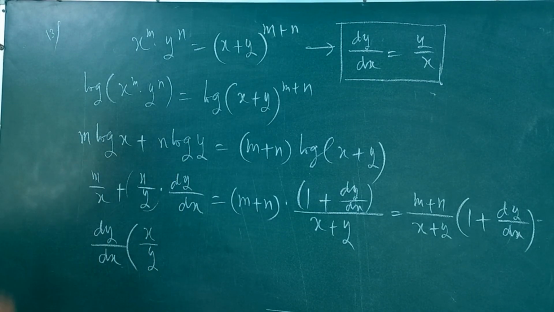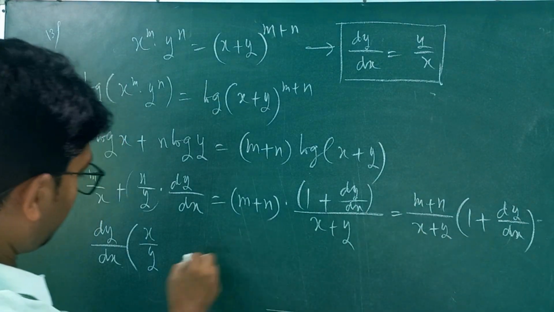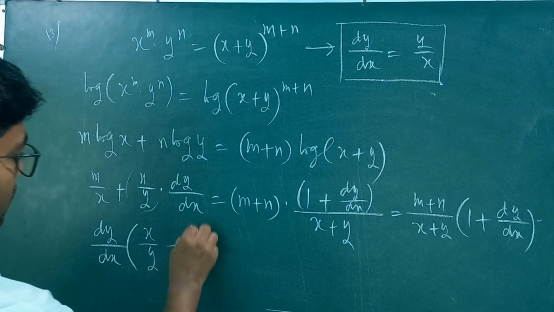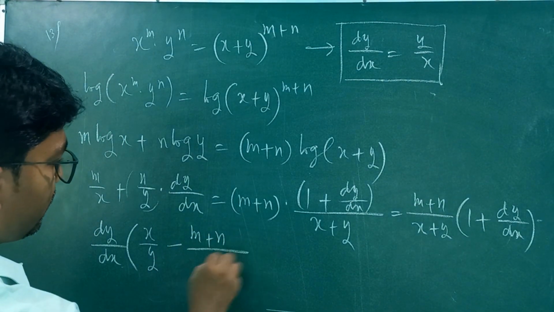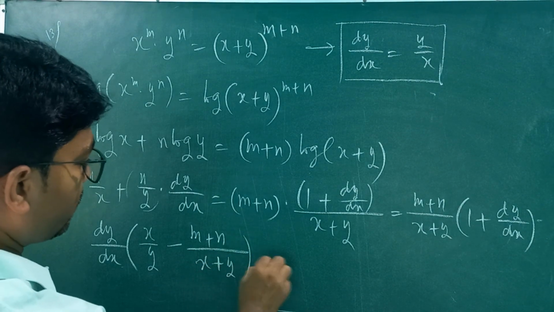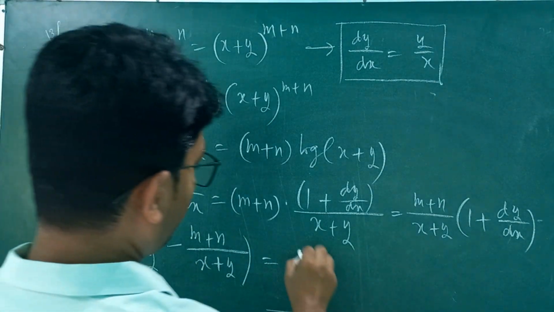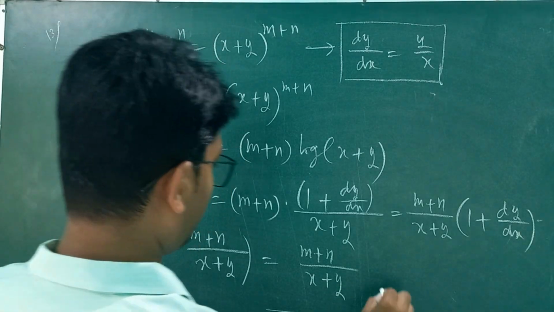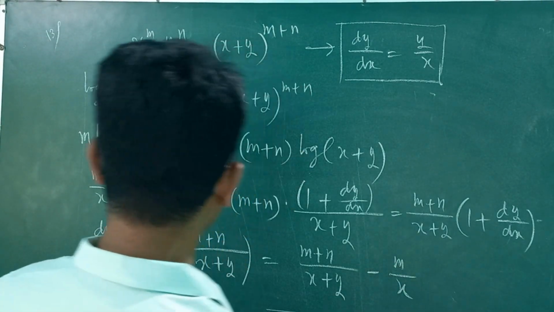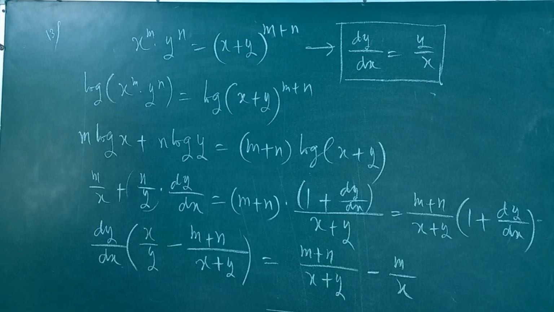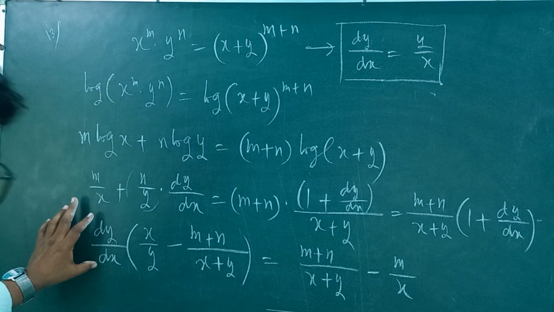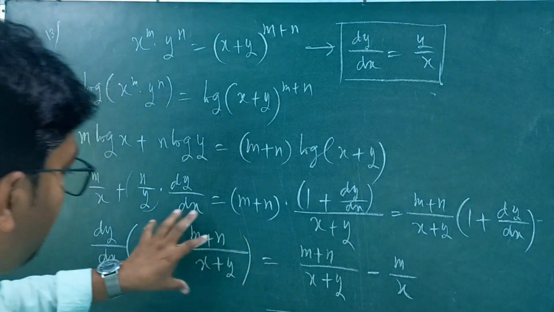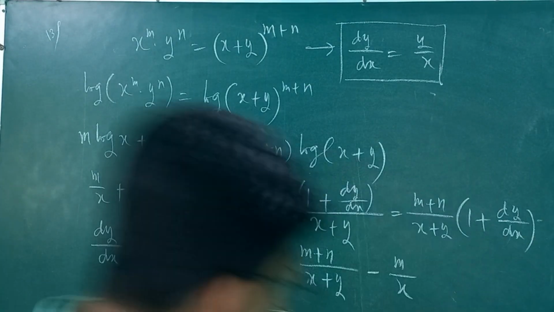This term is n by y, and from the right side we will get (m plus n) by (x plus y) minus m by x. Now dy by dx equals this term by this term. So if we calculate them,